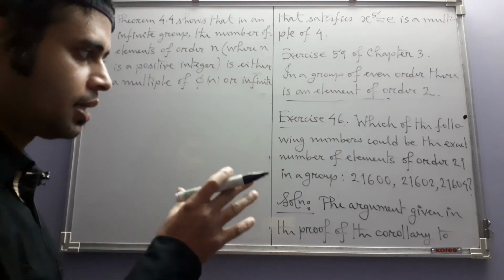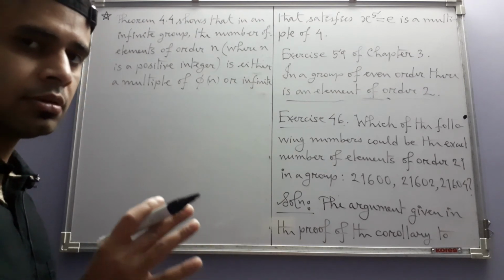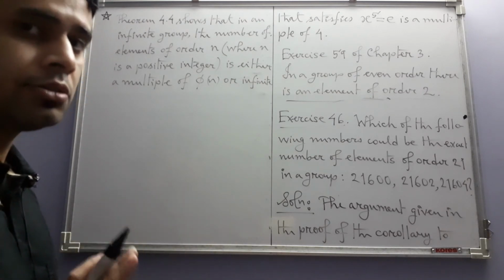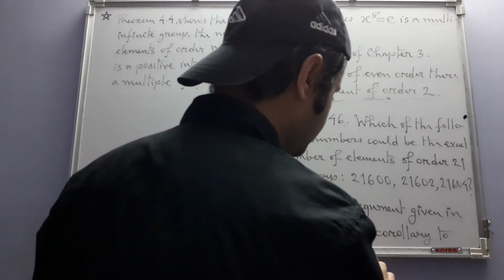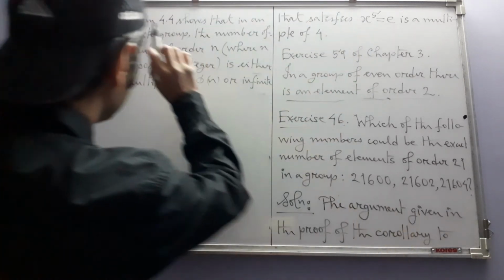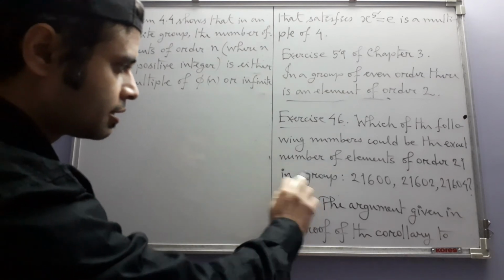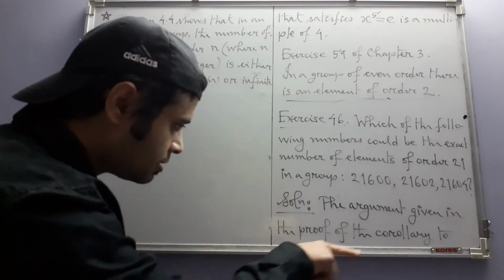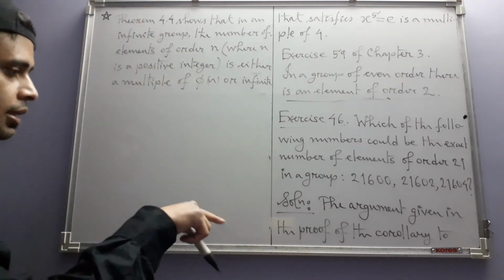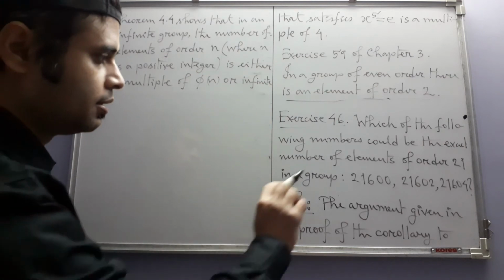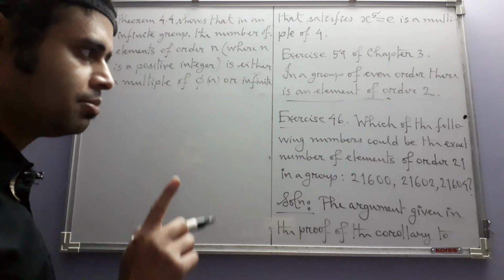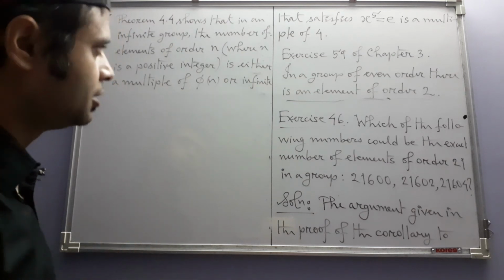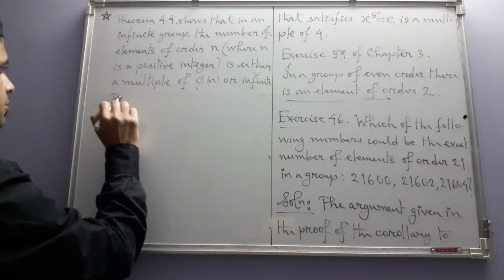That means our number of elements of order 21 is given to be finite. So it has to be, by the corollary to theorem 4.4 in case the group is finite, and by this observation even when the group is infinite, that this number among these three must be a multiple of phi of 21. Thus,